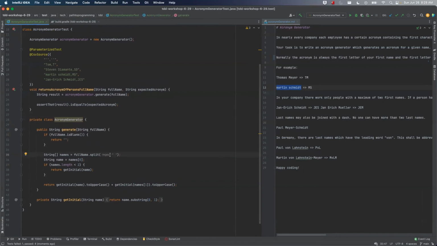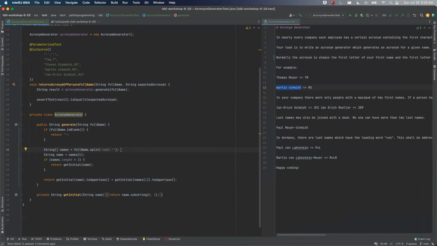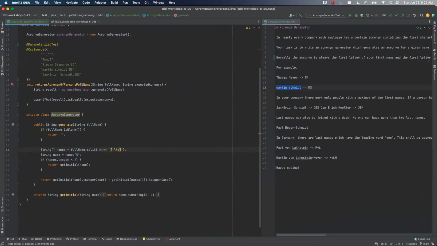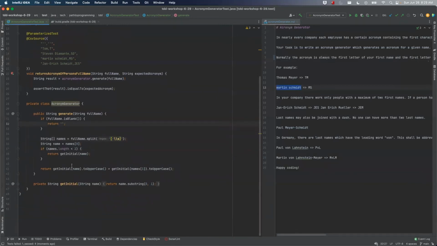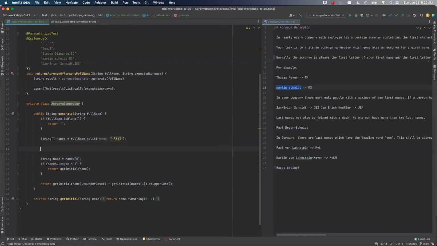Okay, so split actually takes a regex. If we look at the, yeah, so we actually have regex here. So the regex to split by spaces and hyphens looks like this. Okay, so now we get J and E, but now we have a problem that we're not getting all 3 names. So let's do something different instead. Maybe after we split,